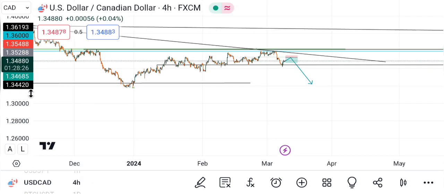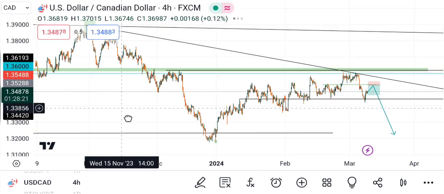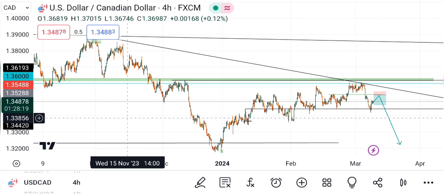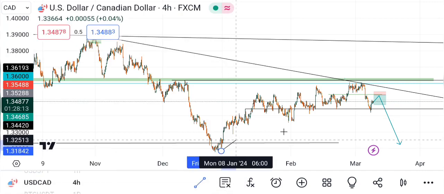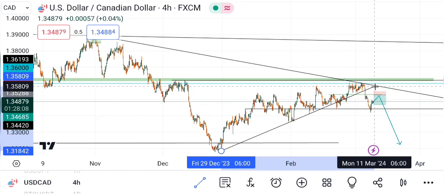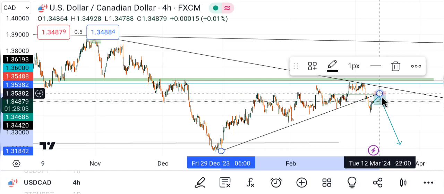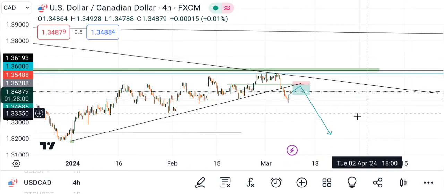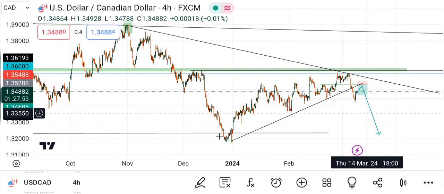So as you can see from the market here, we have our first touch. What we had last week, the last time I actually did a video, we had this trend line. First of all, we had this trend line before. So market broke it and gave us this trend line here. Then market broke it again. Market broke this trend line and confirmed to us that it's no longer bullish but bearish, and we have been expecting price to drop down from this level and retest back to this level, to this area of